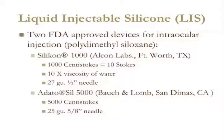It's FDA approved for intraocular injection. What does that mean? That means that Silicone 1000 is used mostly by ophthalmologists for a condition called retinal detachment, typically caused by CMV or a viral retinitis. And everything I'm talking about with respect to using liquid injectable silicone for facial cosmetic enhancement is an off-label application